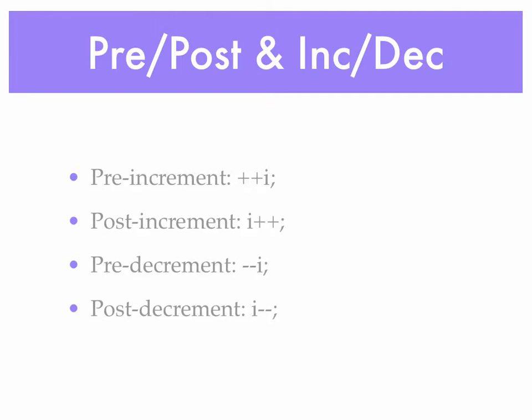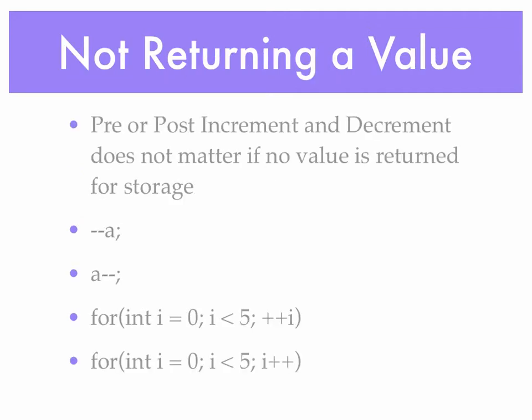Now it doesn't matter if you pre or post increment or decrement if you're not returning a value. That is, returning a value for storage. So the two lines minus minus A and A minus minus are functionally equivalent. The value A will be decremented, but no value is returned, so it doesn't matter if we pre or post